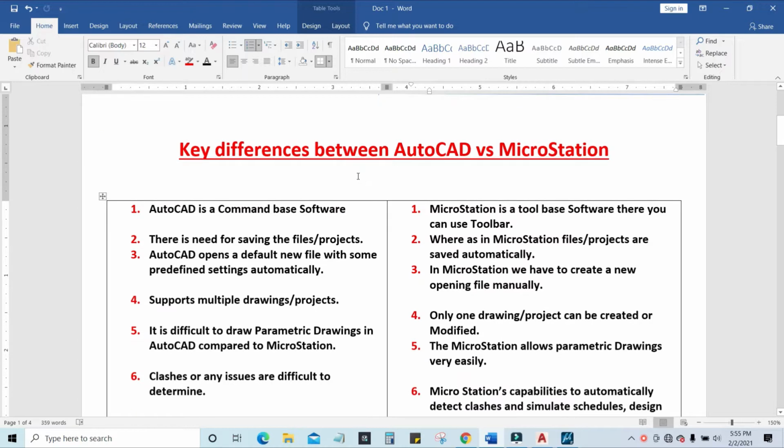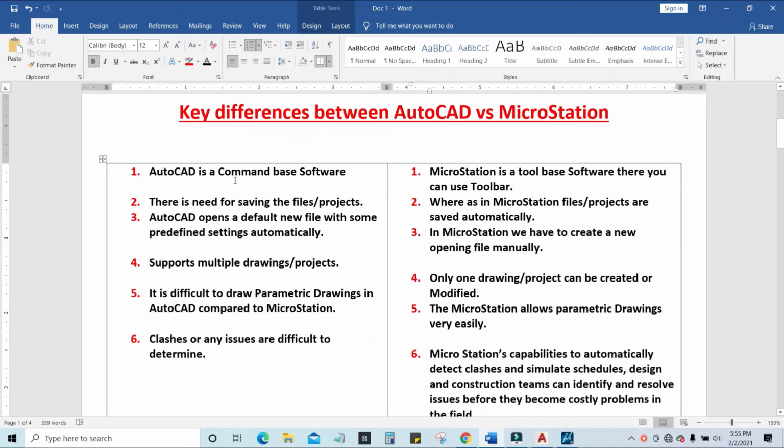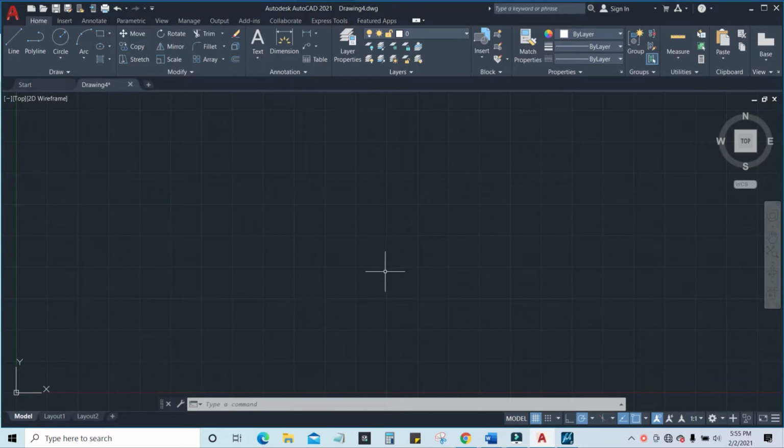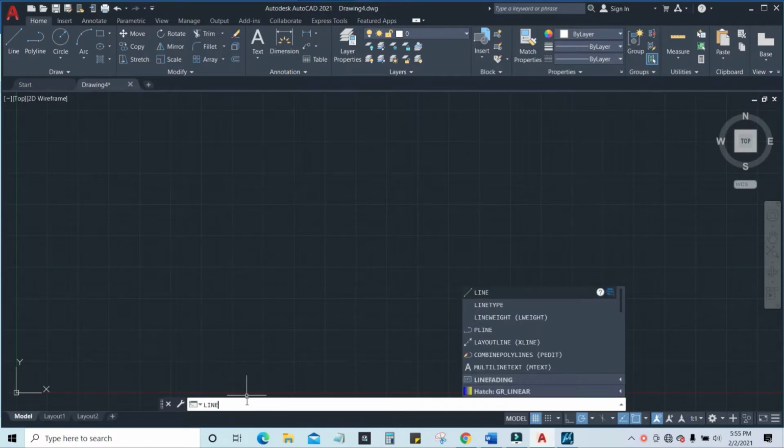The first difference is that AutoCAD is a command based software and MicroStation is a tool based software. That means in AutoCAD we have to use a command to do a specific task. If I want to create a line, I have to click on the command bar and type L, or you can type the full word line, and hit enter.